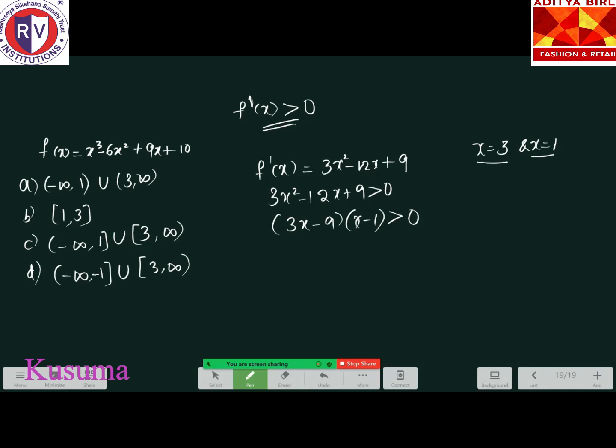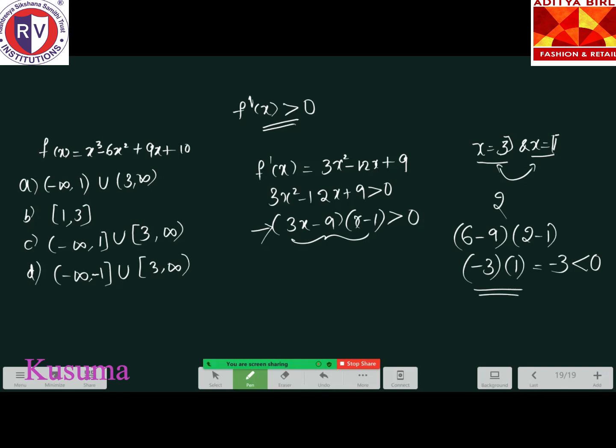See here, how we are going to find out the interval is, these two will be the points of the interval for sure. If we give a value in between 3 and 1, the value of this product will be negative. So you have to choose the interval such that the product of this will be positive. Suppose 2 lies between 3 and 1. I'll put x is equal to 2 here. What happens? This will become 6 minus 9 into 2 minus 1. So 6 minus 9 is minus 3, and this will be equal to 1. So the product of this is minus 3, which is less than 0.